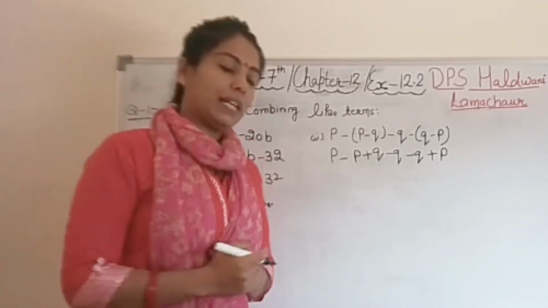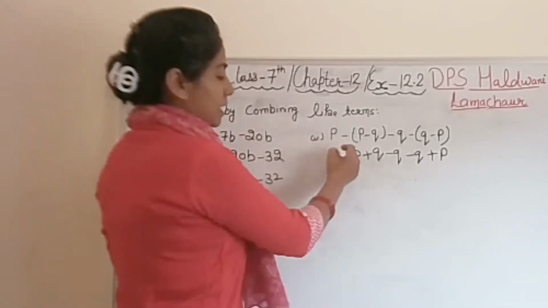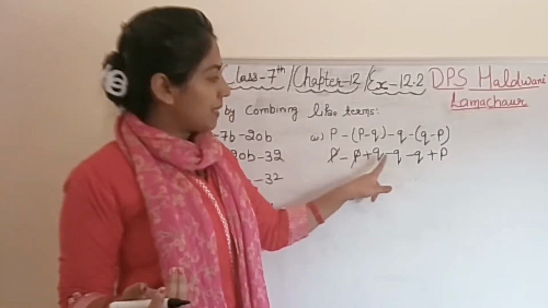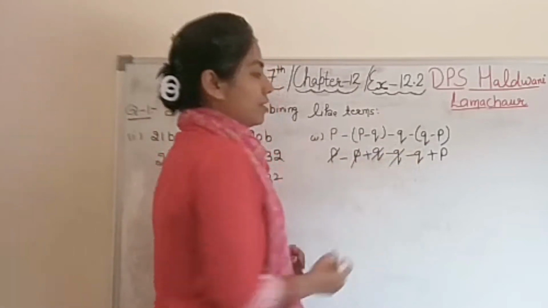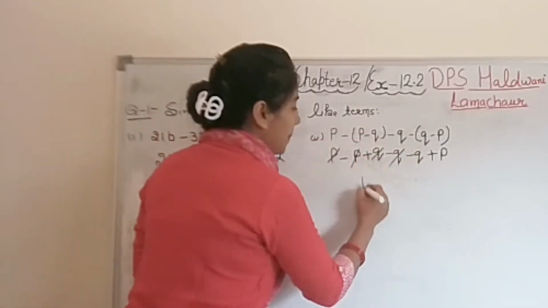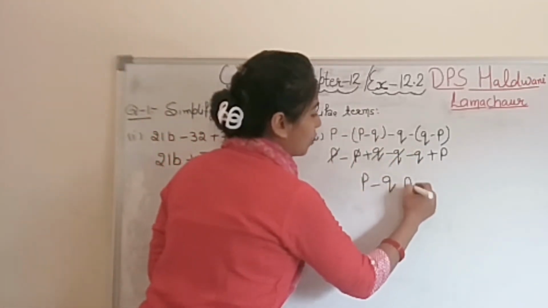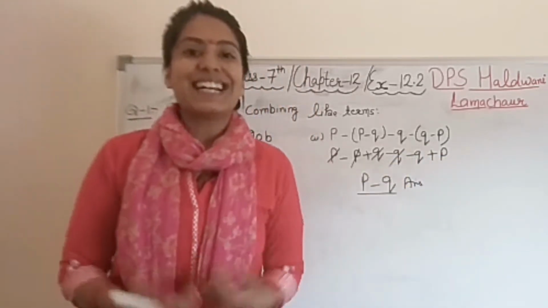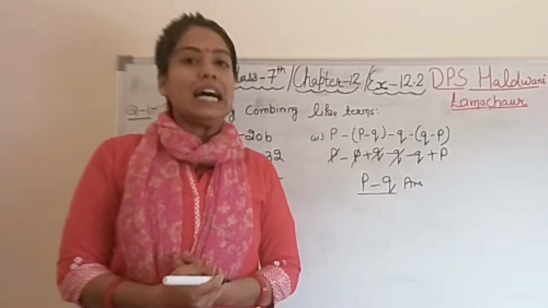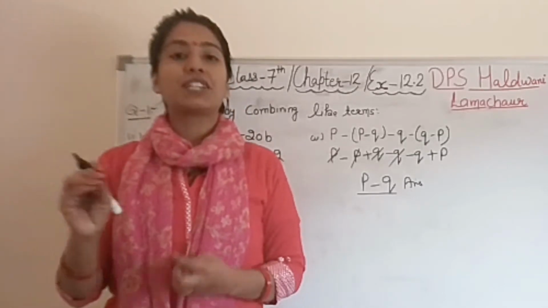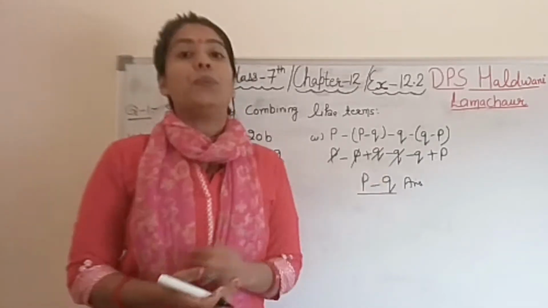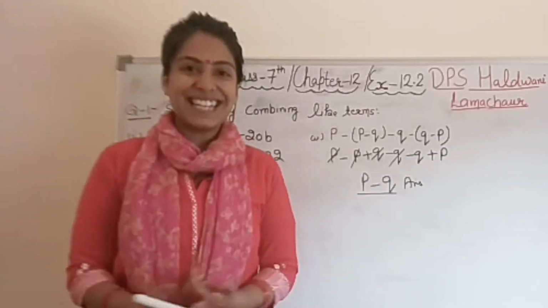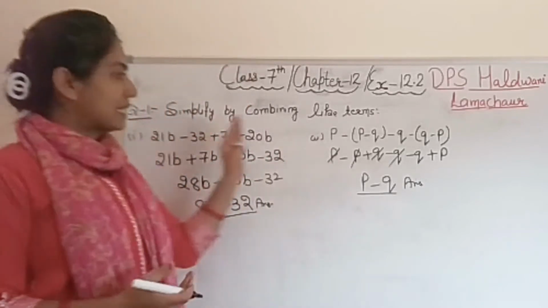Now we can pair up the like terms. P, it is plus, it is minus, plus minus is 0. Then plus Q minus Q is also cancelled. So what answer remains? P minus Q, because P is positive. So P minus Q is the answer. That's it, student. Very simple. Earlier you have done addition or subtraction with numbers, but here we are doing it with alphabets, with algebraic terms. So this is all about first and second part.